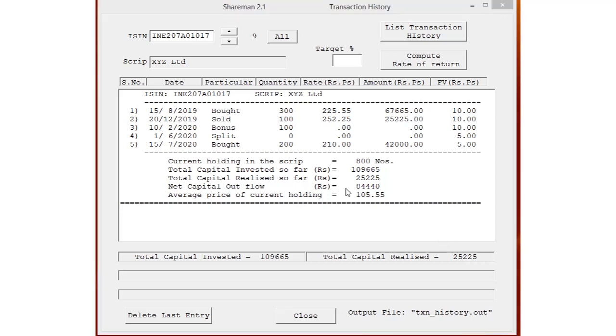Then the net capital outflow is calculated as rupees 67,665, which is the initial investment, plus rupees 16,775, which is the additional money put, over the realized capital of rupees 25,225. So the net capital outflow will be shown as rupees 84,440. A text file named txnhistory.out will be generated giving the transaction details and will be available in the home